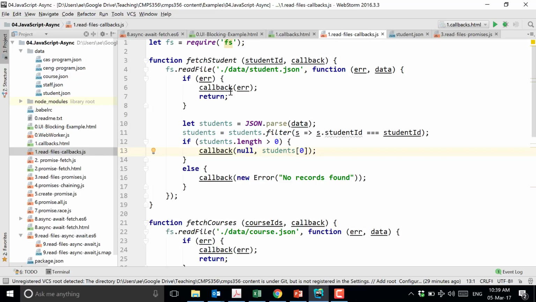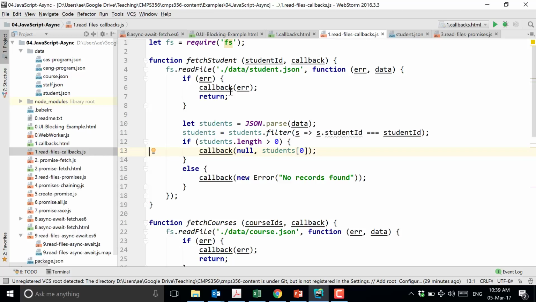If there is no error, this callback function will basically filter to get that particular student you are looking for, and then return it to the caller. So this is exactly like the tailor calling you and saying, come and pick up your dress.